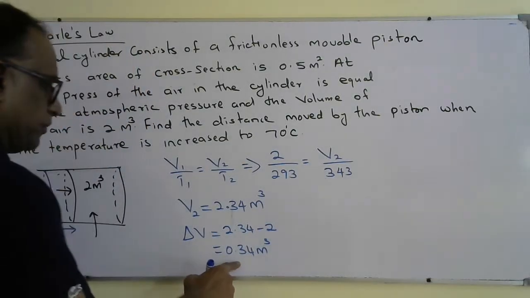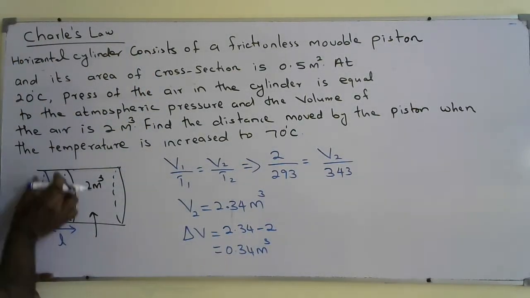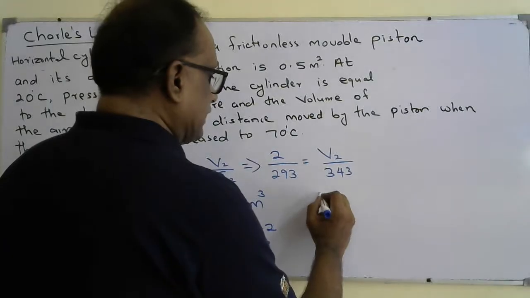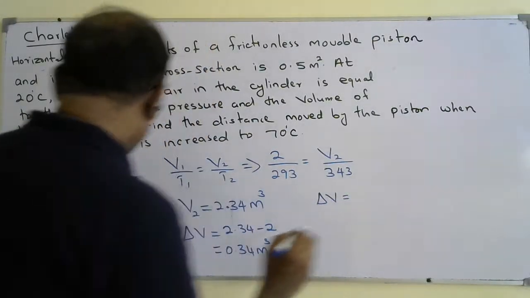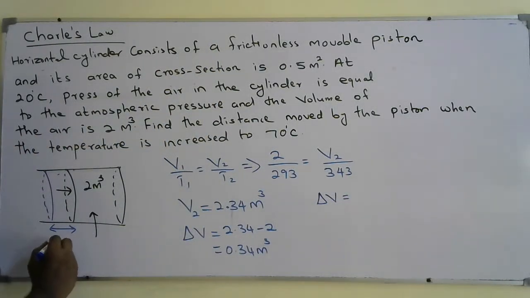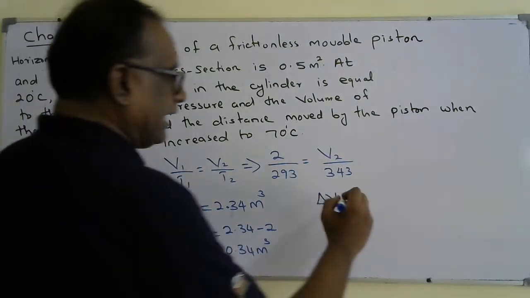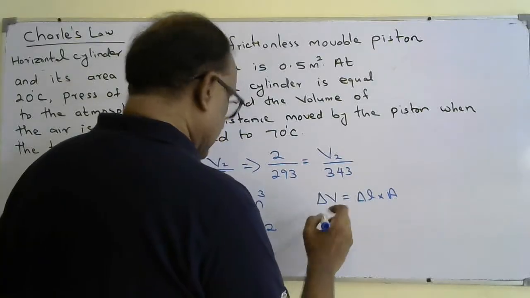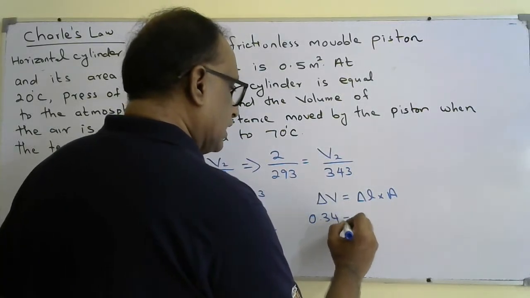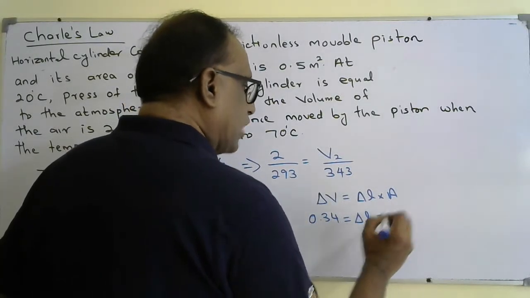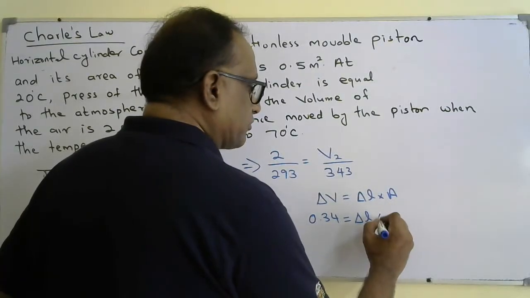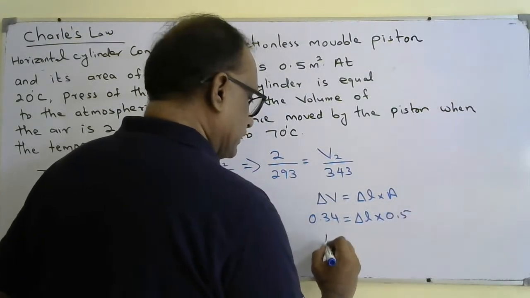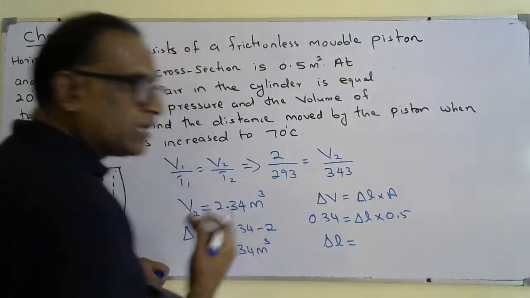The increase in volume is equal to the increase in length, delta L, the distance it moved, into the area of cross section. So delta V is 0.34, the area of cross section is 0.5, and we need to find delta L, the distance the piston moved, which is equal to 0.68